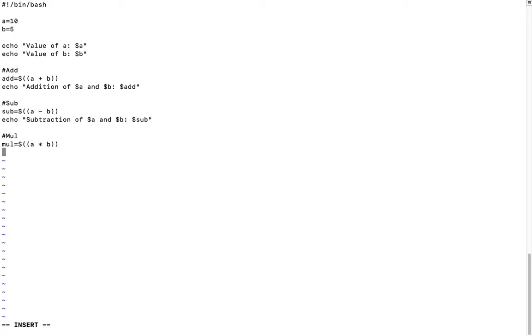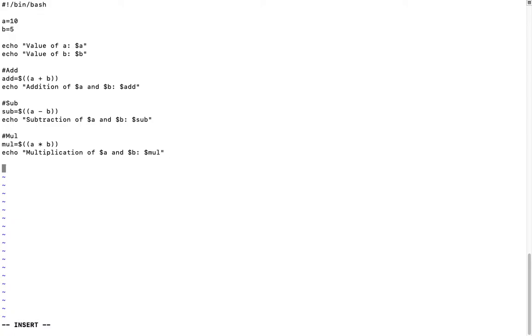Let's print these values as well using the echo: multiplication of $a and $b colon $mul.